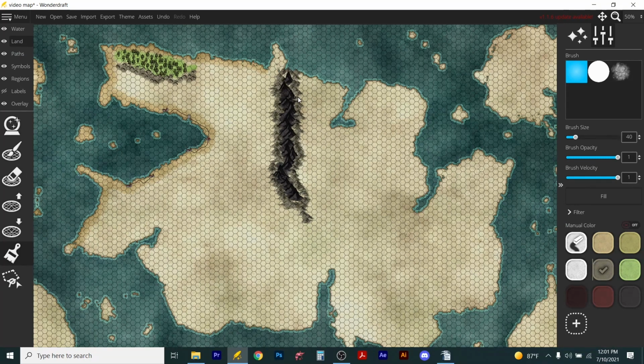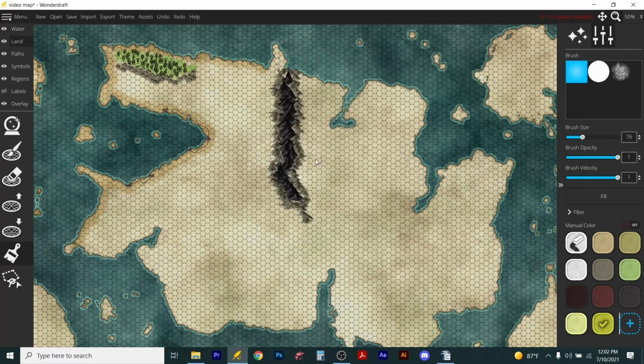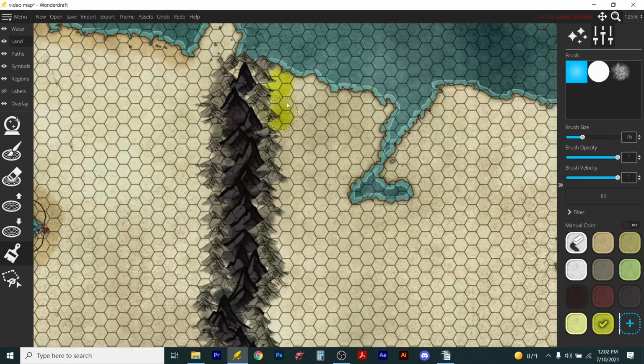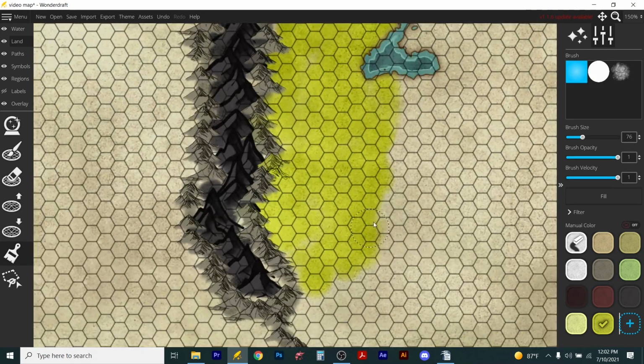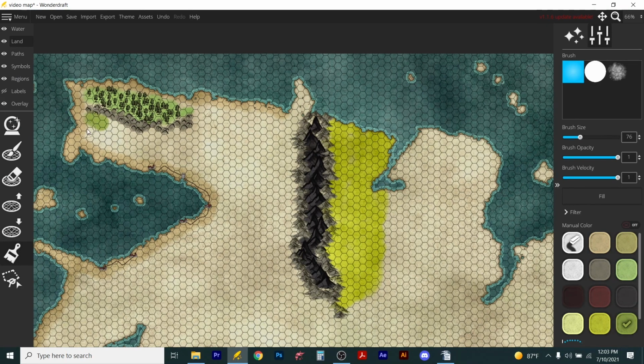So what I could do is I could have a desert over here. And what's my desert color going to be? Let's try that. All right, and so this is a rain shadow creating a desert over here. And then on this side, what is going to be our major terrain type? This is going to be just kind of clear with some occasional tree or something yellowy. All right, let's just say that that is our standard